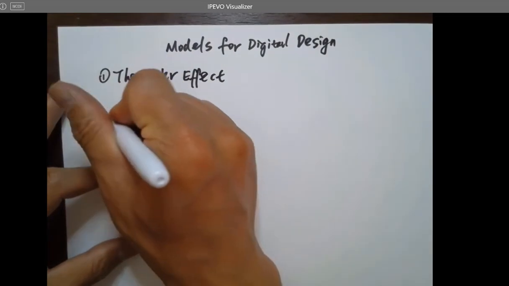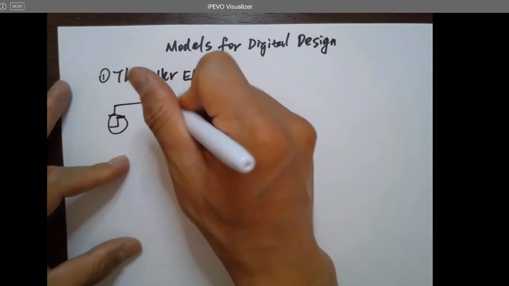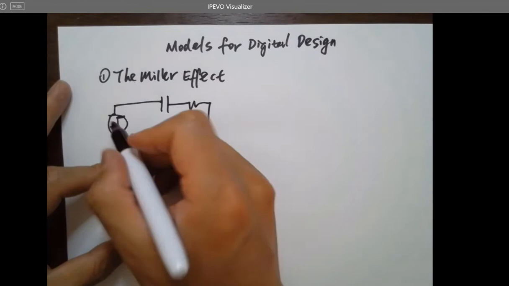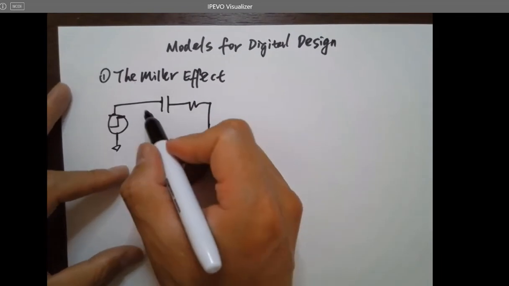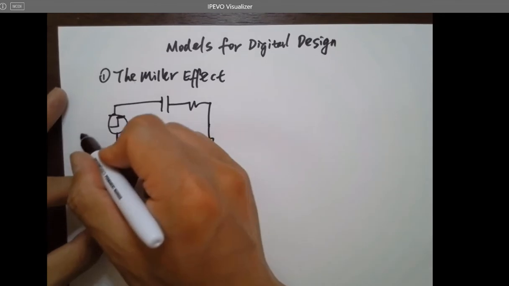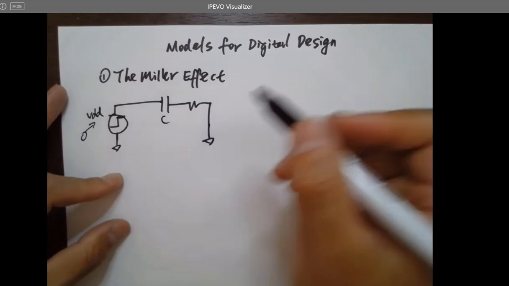If I switch on this voltage source and have a capacitor over here and resistor here, although this looks a little bit different from the RC circuit I have used. Normally we have the resistor in the front, but just look at this circuit. If I switch this on from 0 to VDD, for example, and the capacitance of this capacitor is C,